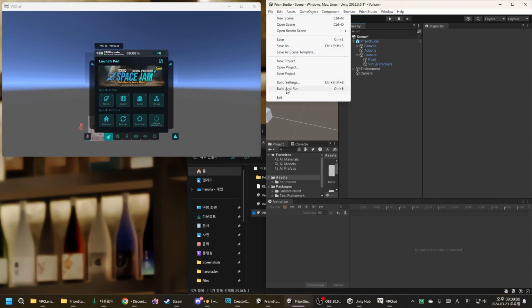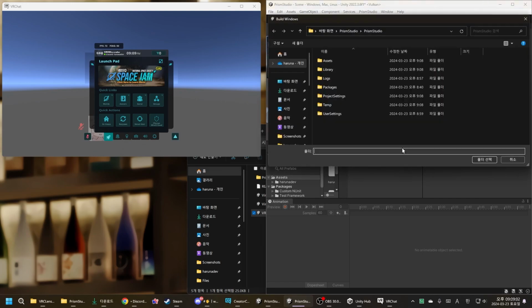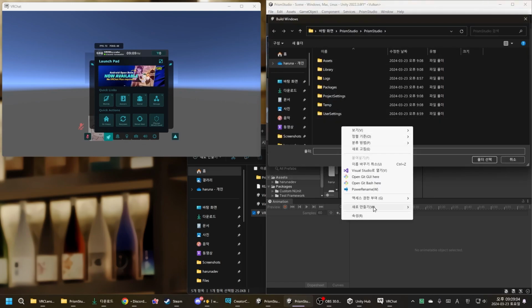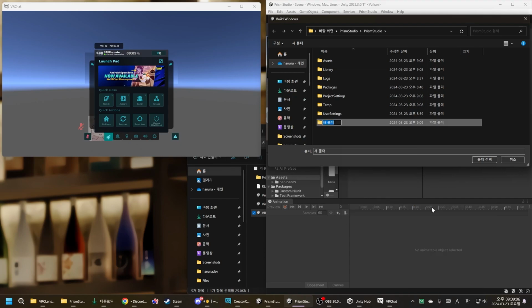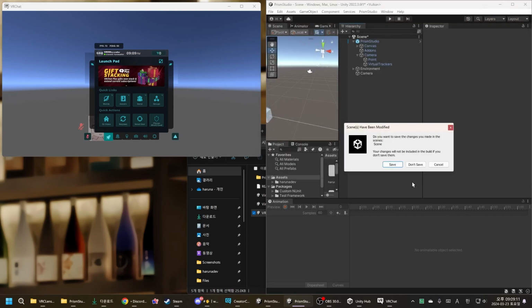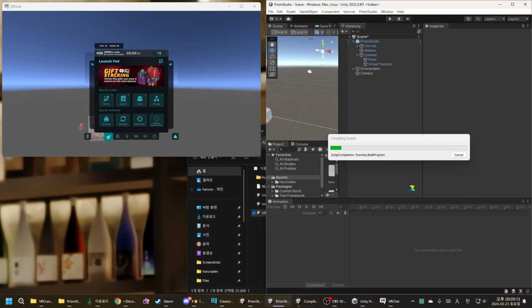Press Ctrl B or press File, Build and Run, and it will prompt you to select a folder. I'm just gonna make a simple folder called Build. I'm gonna select that folder. And always save your project. I just forgot to save it, but anyway,